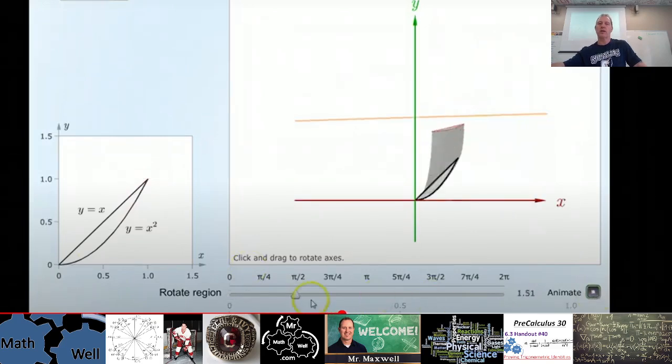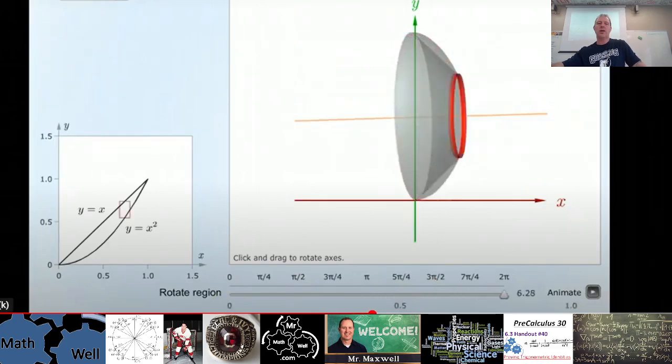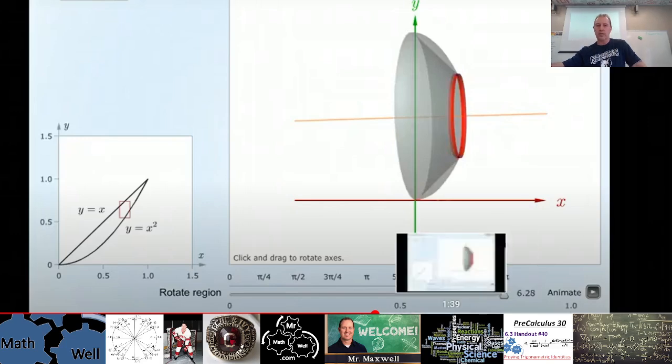Super, super thin. Okay, here's a fourth one. This one is this same thing being revolved around a y equals something, right? Maybe y equals 2 or 3. I don't know what it is, but